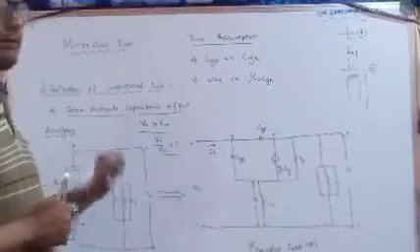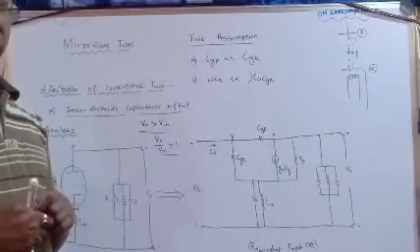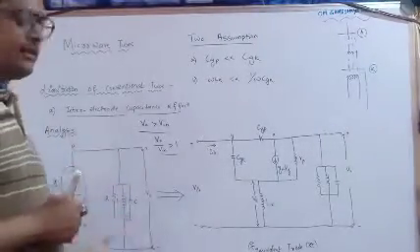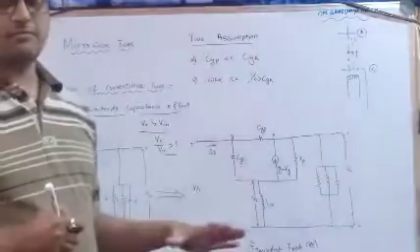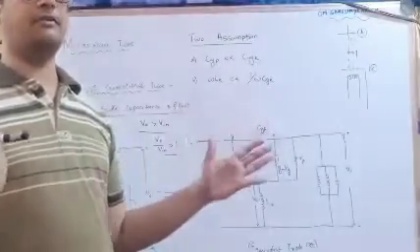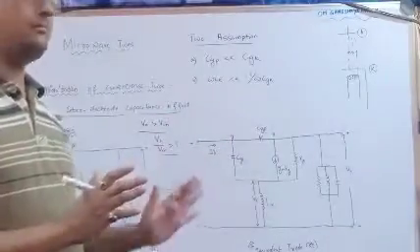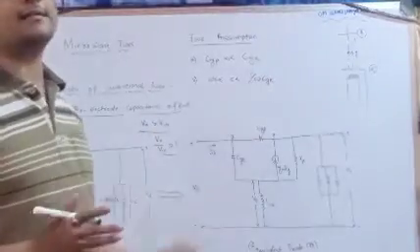Now for that, what do we have to identify? We need to identify the impedance. We need to identify the resonating conditions at which the amplification will be done, because amplification is done at a resonating frequency, the frequency where it is available. The output is maximum because it is a resonator, it acts as an oscillator.